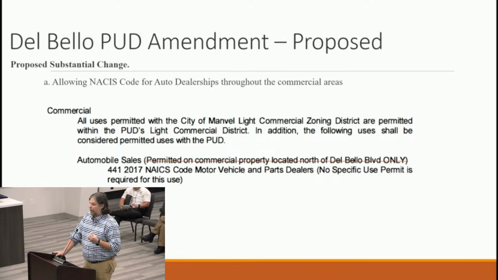I know the applicant has submitted a conceptual site plan that showed more of a commercial development with a 16-acre dealership, 5 pad sites of restaurants, commercial uses, and then maybe an office in back. That's not really included in this text amendment. That's just an idea of what could happen with this amendment.